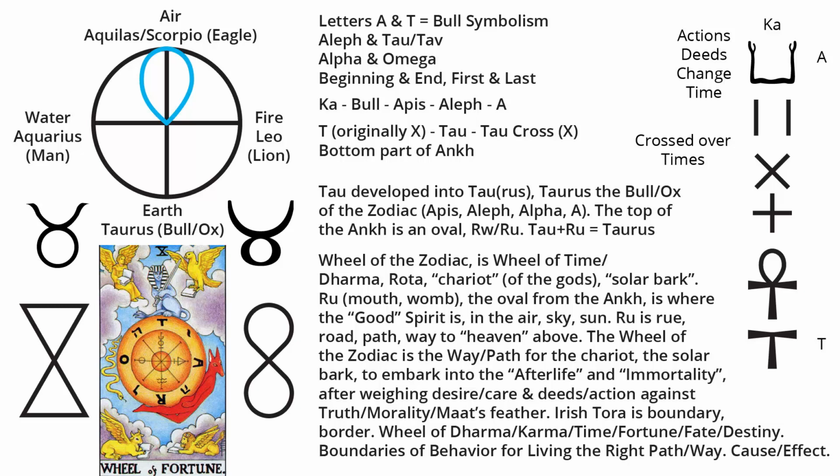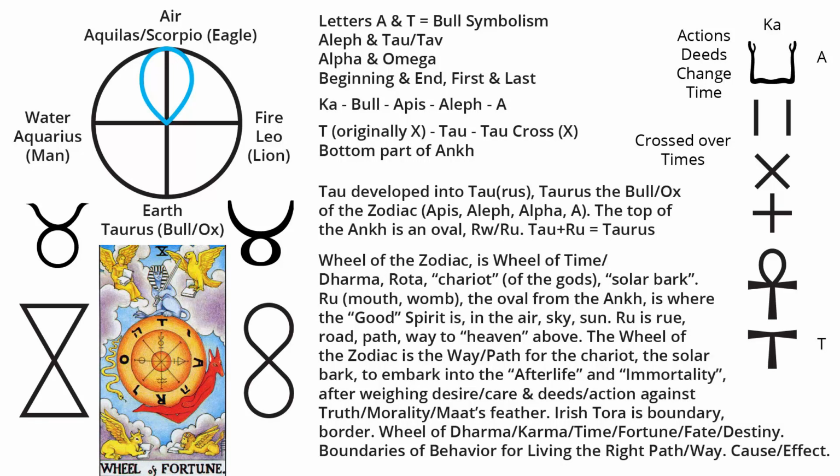But the bull is earth. It goes at the bottom, the T Tau cross. You wouldn't put the bull on the left or the right for the Tau cross. You'd put it at the bottom, and then at the top is the air, which is how the Ankh represents it very well, I find, once you understand all of this. So the Ankh has the air at the top with the oval, and then when you take away the oval, all you have is the T, and that's the Taurus T. Tau cross, Taurus, Tau cross is